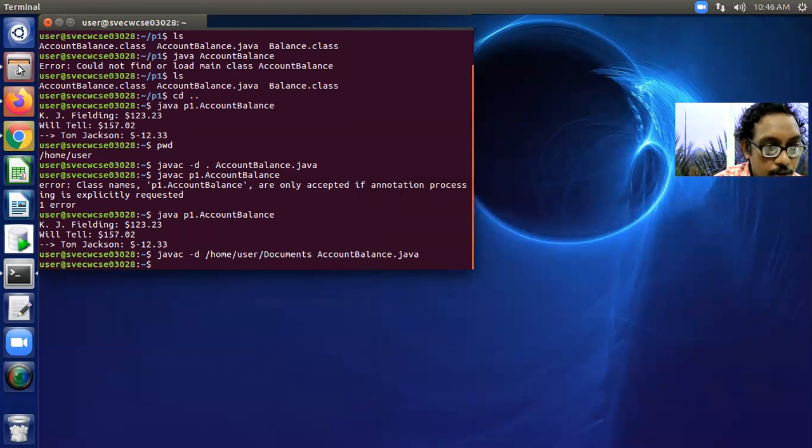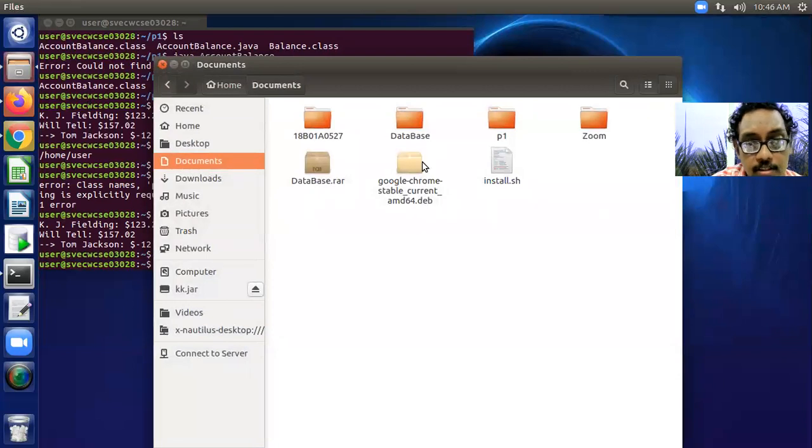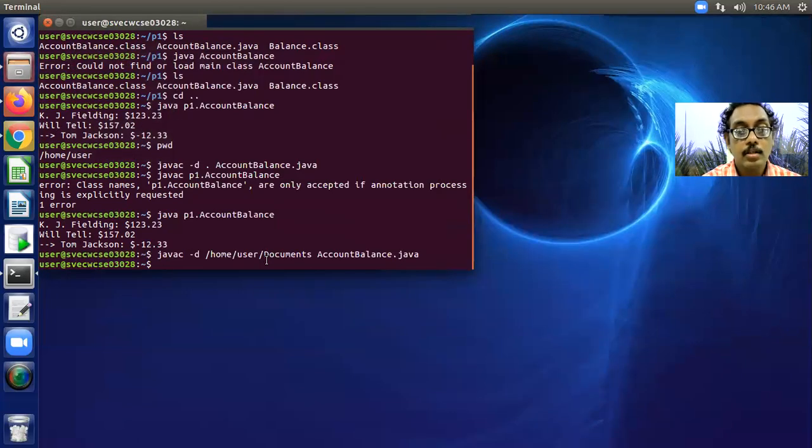Please go to your Documents section, and your p1 package is created. You can create it in any other location. It is very easy, and it is the preferable version, so please use it to create your packages.